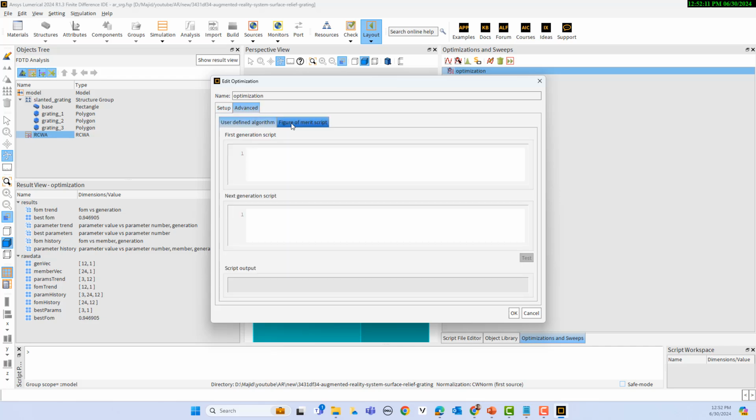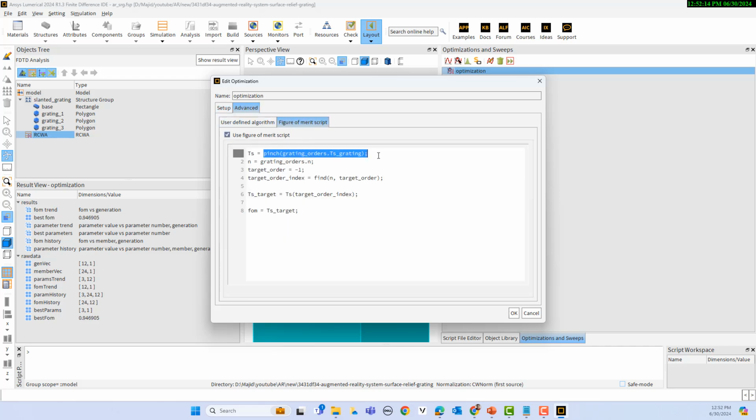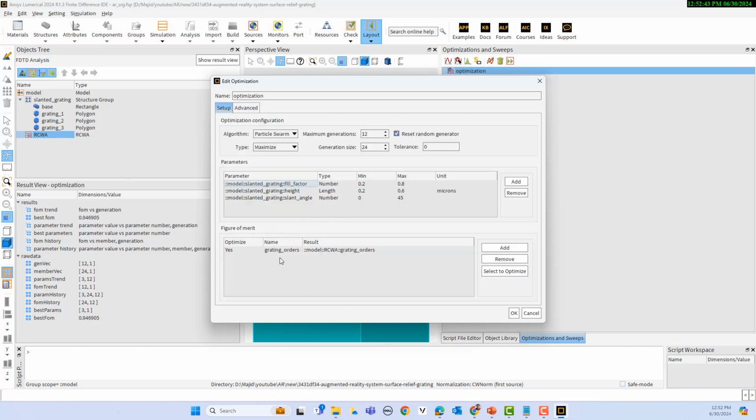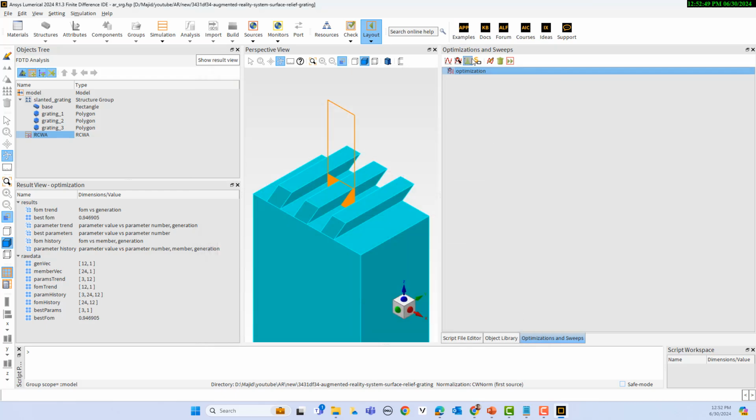In the advanced section, in the figure of merit, you see that first we get the result of grating order for the S-polarized grating as TS, and then we want to find the number of the grating. Our goal is -1, and this is our figure of merit. So the figure of merit that we defined here is the S-polarized grating of -1. This is the FOM. If I run the optimization,